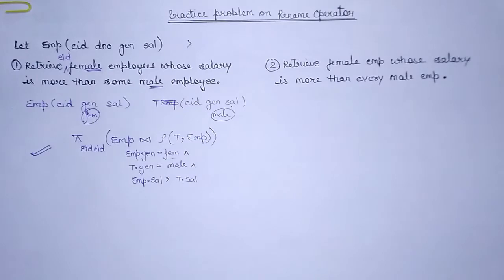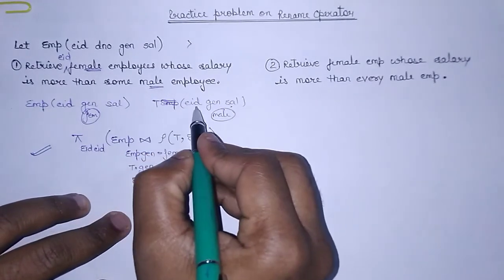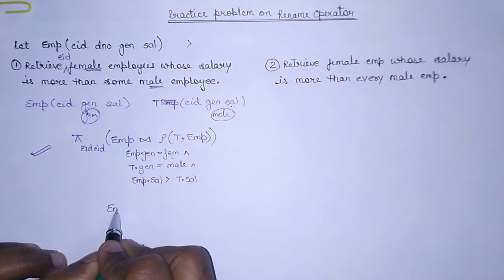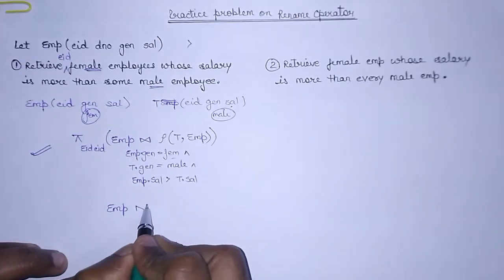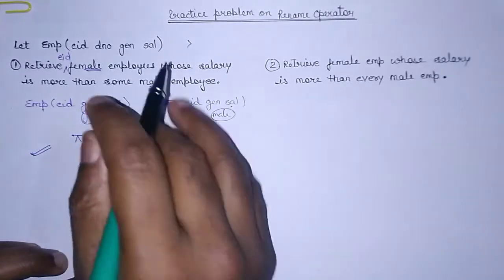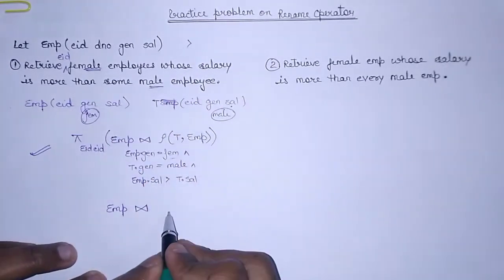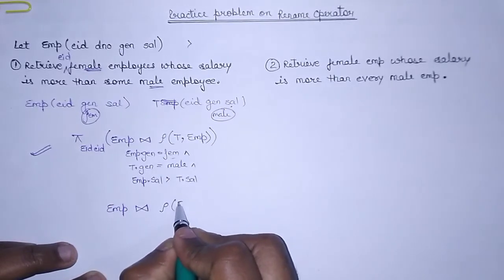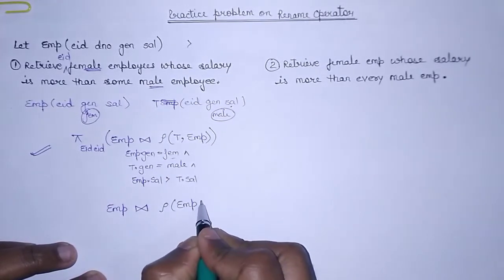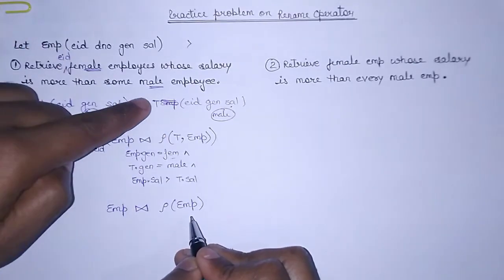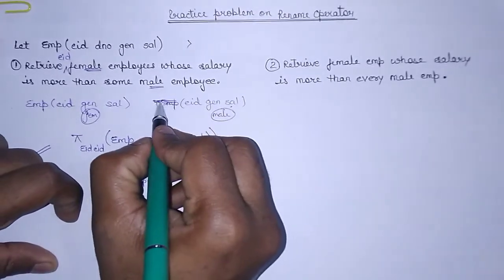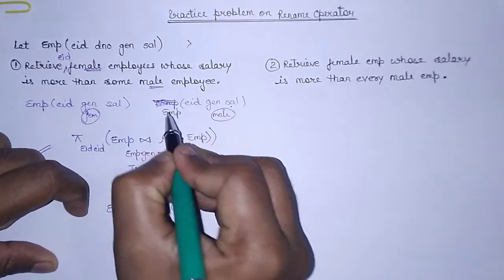What can be the other solution? I already told you that instead of renaming the table as T, we can rename the attributes. So now let's try to do this via renaming the attributes. I can again perform a join, but first I have to rename these attributes using the rename operator. I am renaming the employee table attributes. This one will be employee. In the first case I took T, and I am again using employee because I am going to explain the second way.